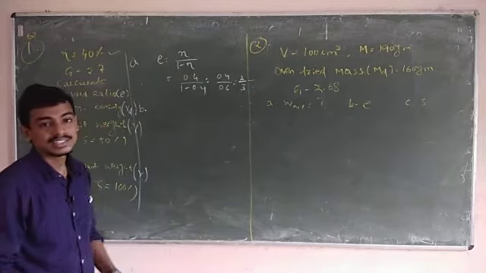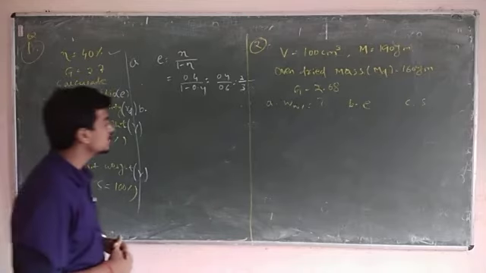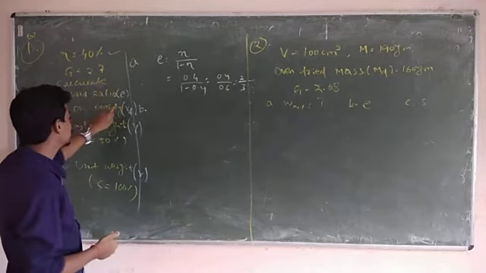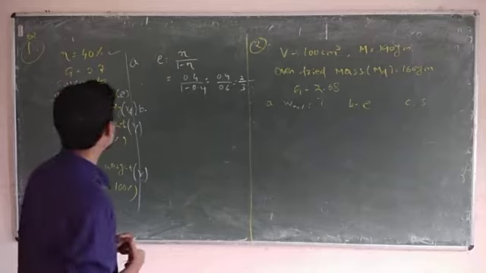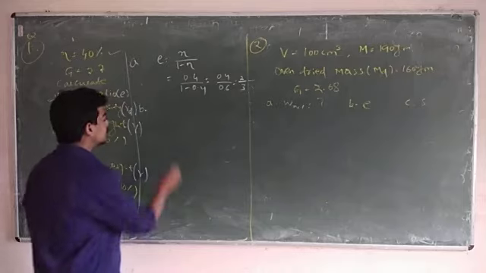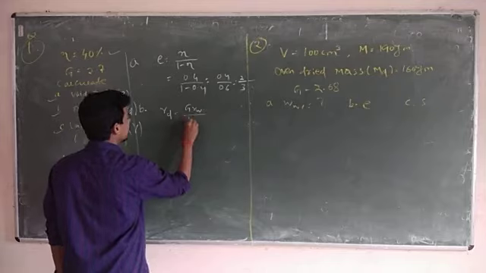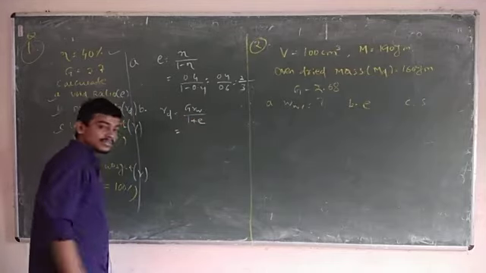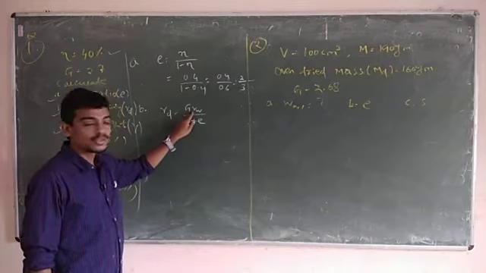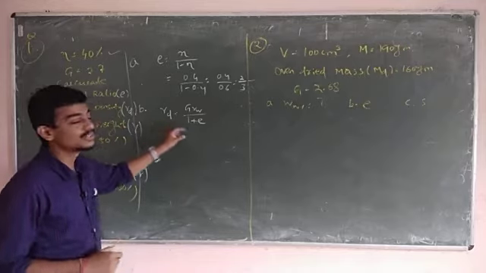Now coming to the second part. Why is the dry density, gamma d, asked? You have to recall in your mind how the given data are related to this term, dry density. So I will write the dry density, gamma d, is equal to G gamma w by 1 plus e. In this formula, G you know, gamma w you know, e you know, then you can calculate gamma d easily. That is why I use this formula.